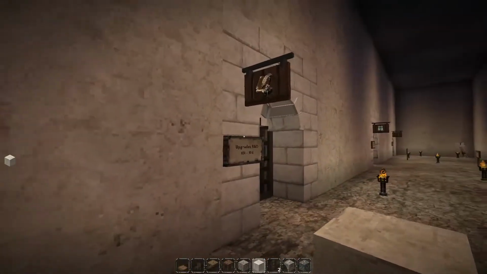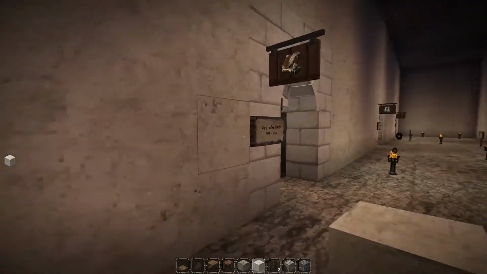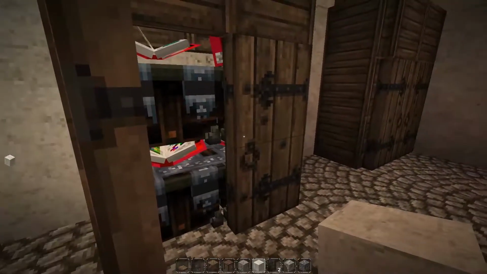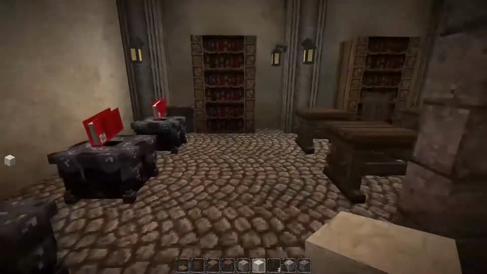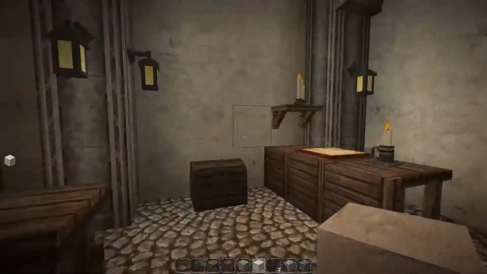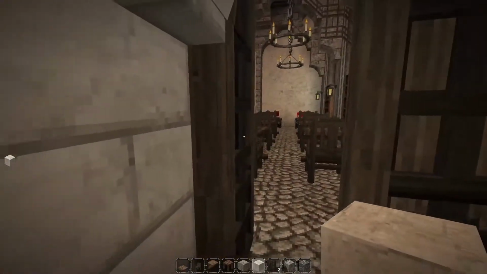So far I've got upgrades R&D, 101, 102, 104 classes. So that is simply the enchanting class. I think it turned out very, very good. I got that filled with enchanting tables and a few up front. And I think it looks very authentically enchanting 101 basically, although I wanted to call it upgrades 101. It just feels a little bit more